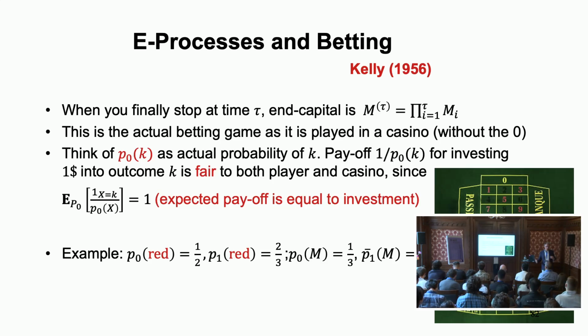Then at some point you stop, and clearly this is a multiplicative process. If you win 10 euros at some point, you can reinvest 10 euros. If you put 8 of them on red and you get red back, then you have 8 times 2 is 16, so it always multiplies. So what in the end you get back is the product of all these individual outcomes. This is actually exactly how it works in a casino, if you always reinvest everything you have and you assume that you can invest very tiny amounts, like cents.